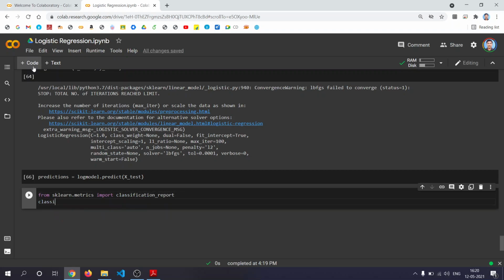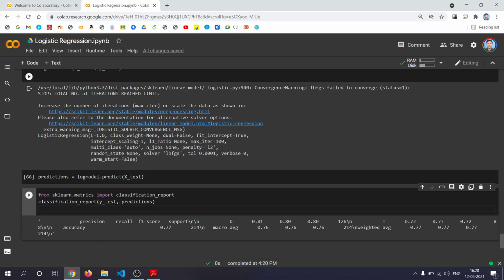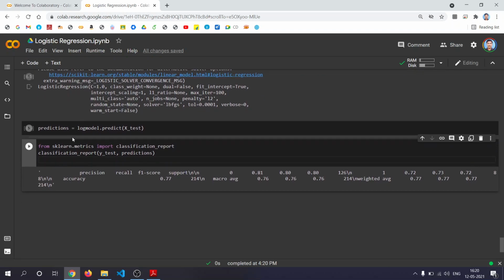What are the inputs you have to give to the classification report? y_test and predictions. Predictions are the predictions done with the model, and y_test is your actual data in the data set. So this is the output you are getting. In order to get a neat output, you print the classification report.